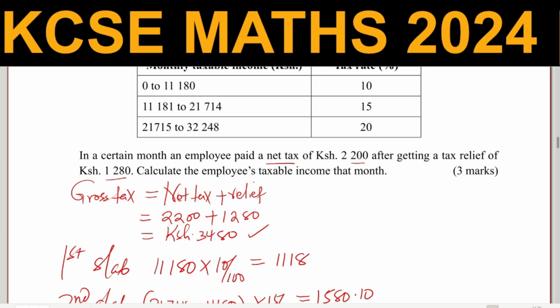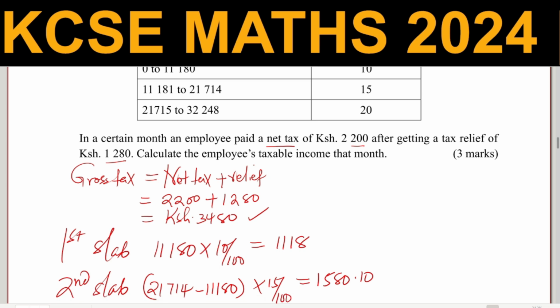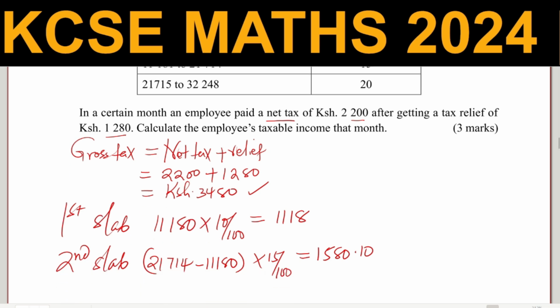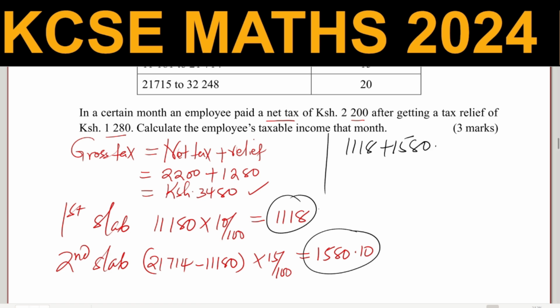So the first thing that we need to do is to identify the total tax we've already got from the two slabs. So we're going to take this one plus this one. So far we have 11, 18 plus 1580 and 10 cents. So let's see what we have now, and this will give 26.98 and 10 cents. So this is the tax we have already obtained from the two slabs,